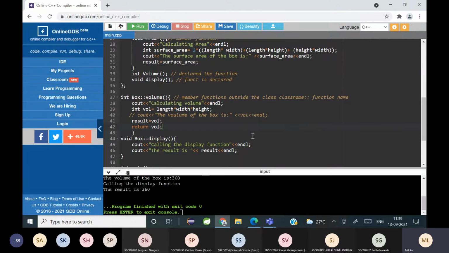That is being printed. So this is a member function. Now I'm going to talk about a friend function. A friend function is not a member of the class, but it can access the private members of the class. So till now what we were learning is that only the members of the class can access the private members of the class. So who else can access the private members of the class?